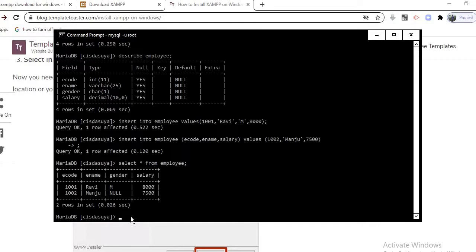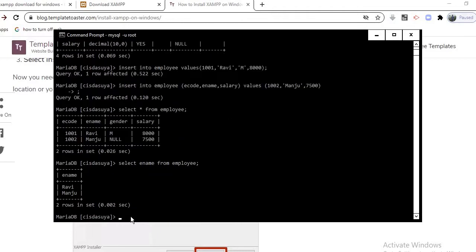If I want to see a particular column, the query will be select, let's say, e-name from my table name employee. So here only the e-name will get displayed.